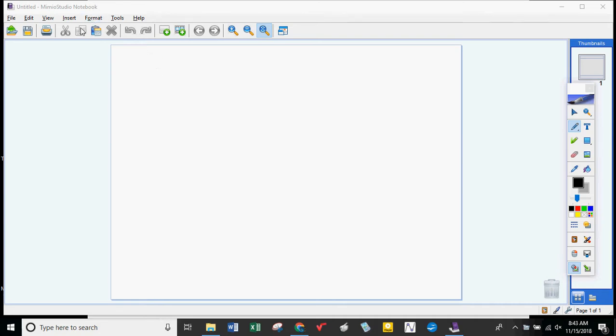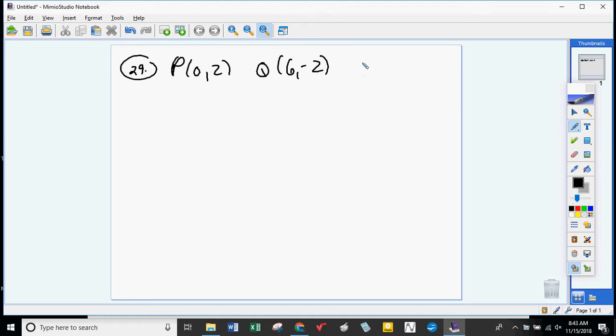29 on page 161, where you're given P and Q, and you're asked to find the perpendicular bisector. So the first thing I'm going to do is find the midpoint, because the perpendicular bisector divides the segment in half. So my midpoint, which I'm going to call, I don't want to use M because that's slope,